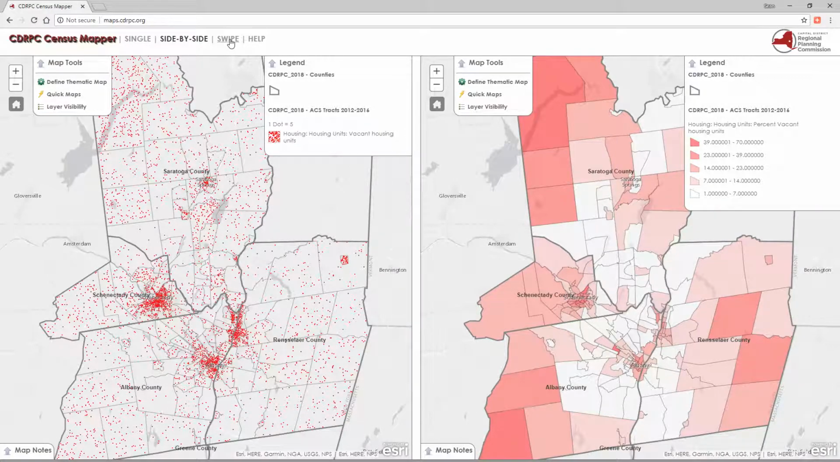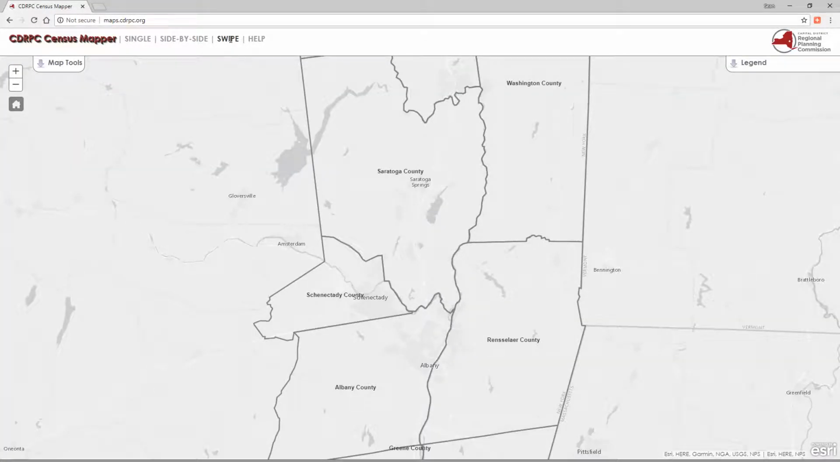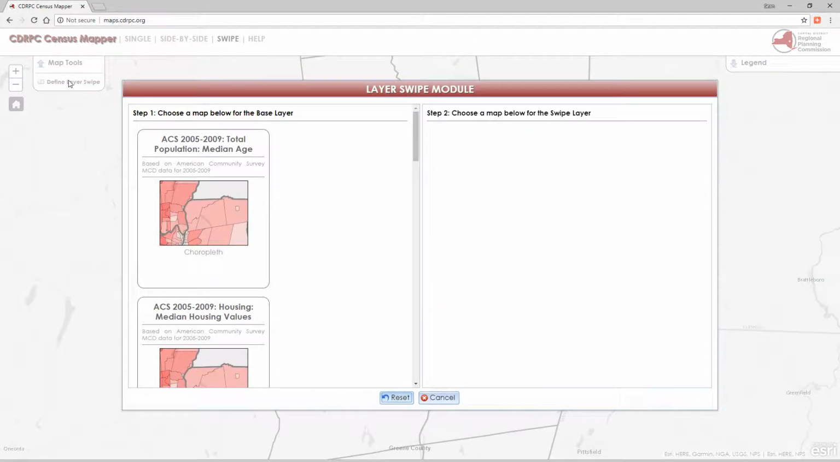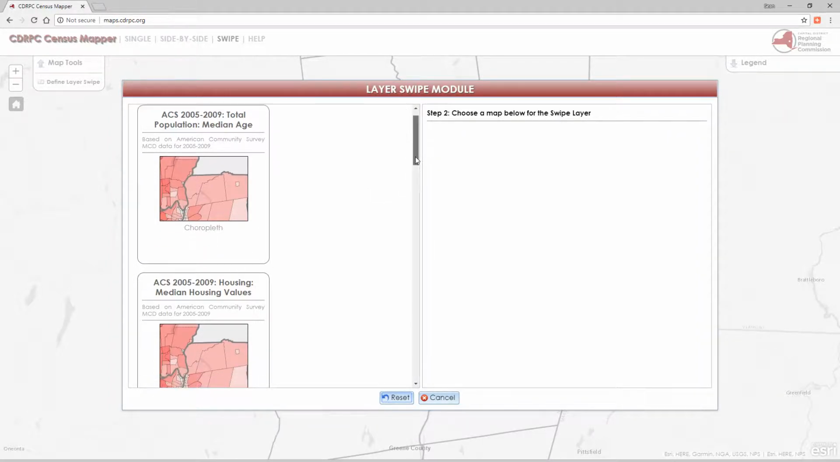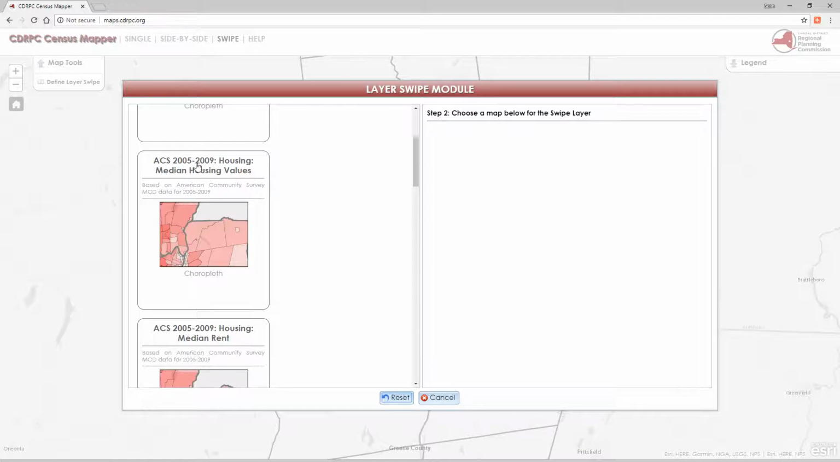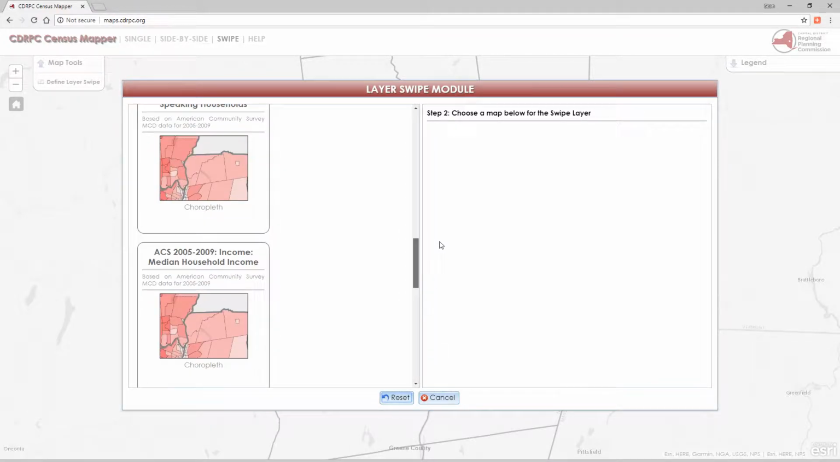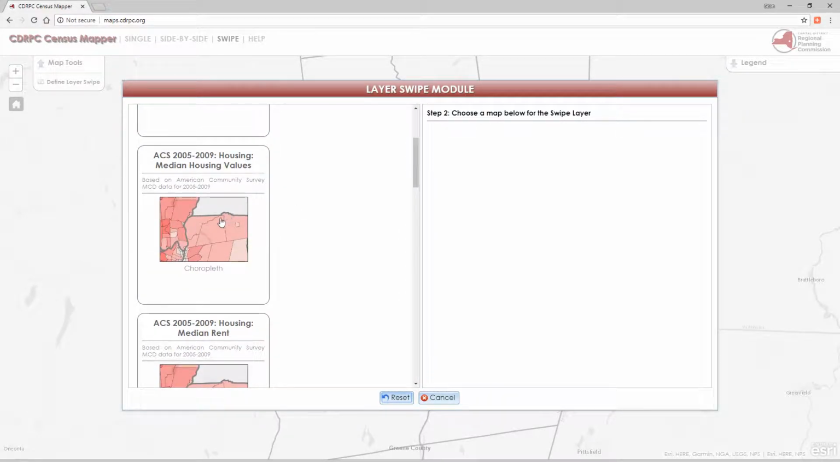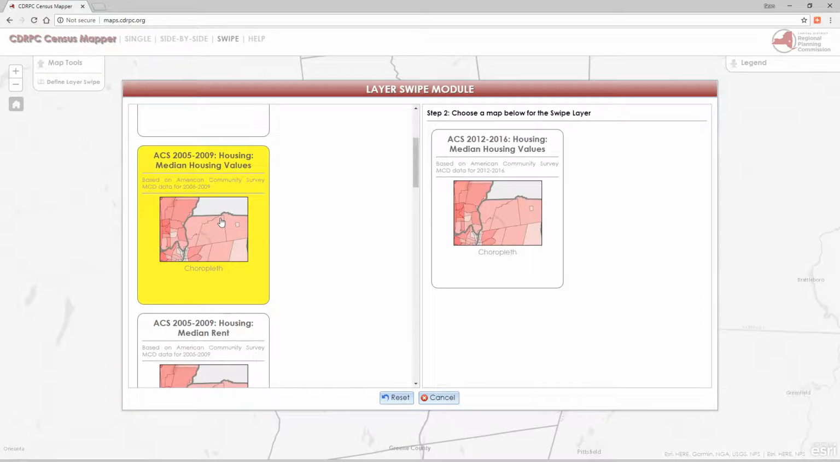The next tab up here is the swipe tab. So the swipe tab allows you to compare an earlier American Community Survey data set with the most recent. So these are ready-made data sets. On the left, you'll choose, and this is from 2005 to 2009, some of these, we've got a series of ready-made maps from that period. In this case, median housing values I'll choose. And then automatically, the corresponding same data set for the new ACS period, 2012 to 2016, shows, and I'll click